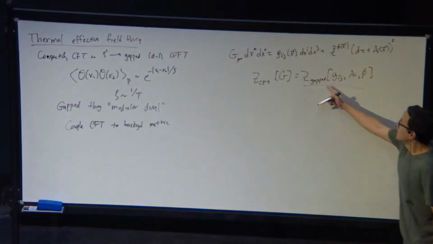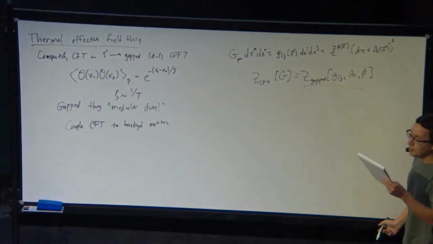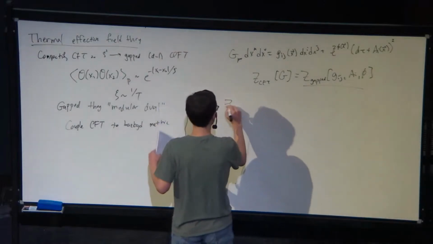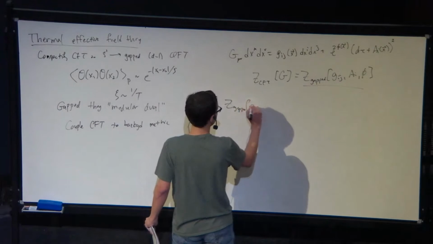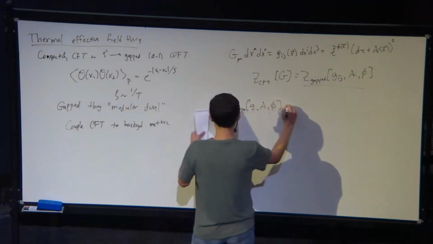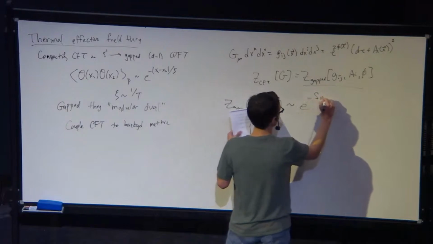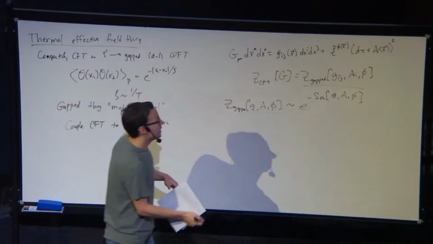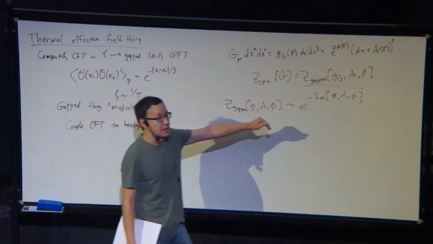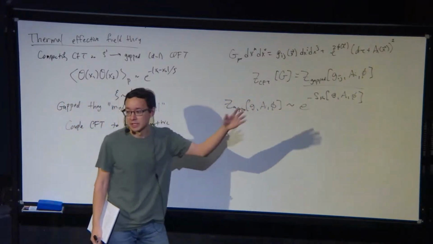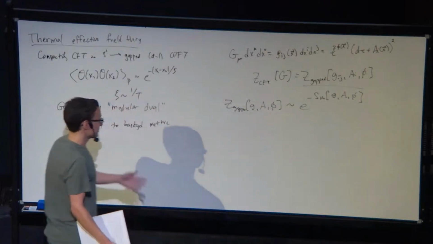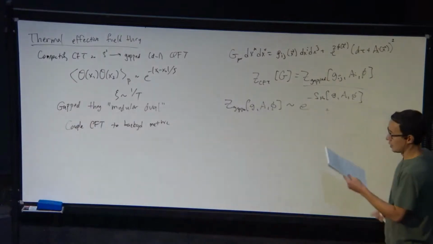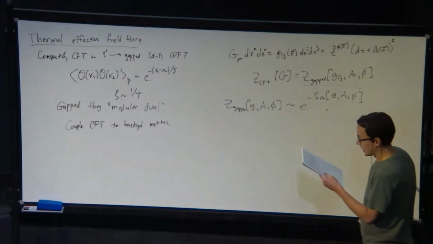And now the lore is that this gapped theory can be captured by some local effective action as a function of the d-1 dimensional fields. So Z gapped of g, A, phi is some e to the minus S thermal effective action of g, A, and phi. I should say, this is an old idea, and I think it was used very effectively in the hydrodynamics literature by people like Bhattacharya, Minwalla, and others some years ago. There are, of course, errors here that will be non-perturbative in the correlation length.